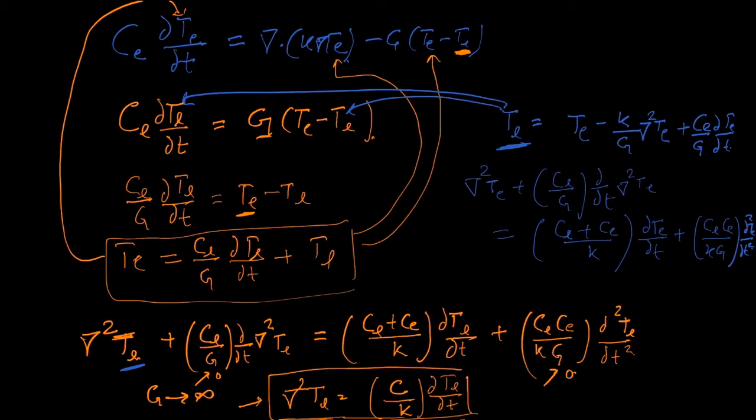Again, the same thing applies here. If we put an infinite rate of heat transfer between the phonon and electron systems, so G is infinity, this term goes to zero, this term goes to zero. So again we recover our diffusion equation, which we are used to. By combining this two-step model through the coupling term, we have been able to show that the electron system changes in temperature differently than the lattice system, but we could approach our diffusion model again if we assume an infinite rate of heat transfer.